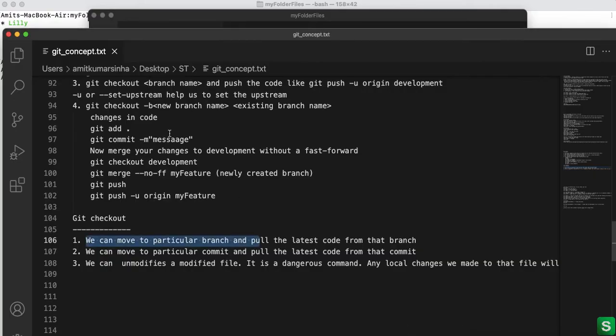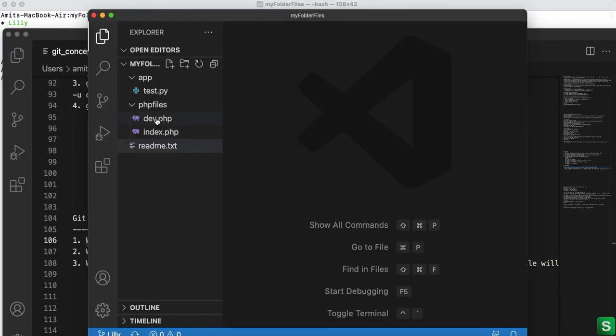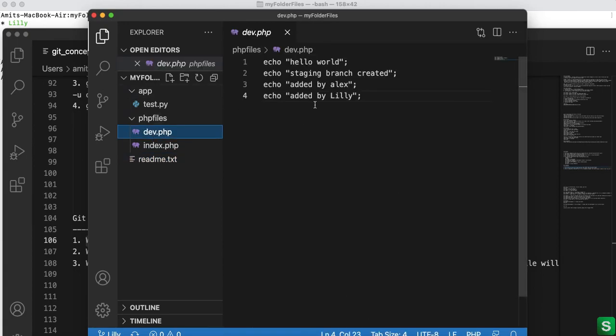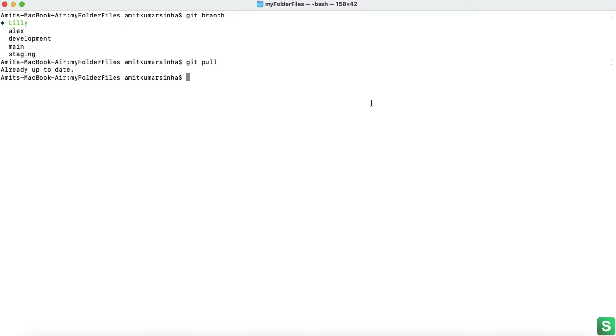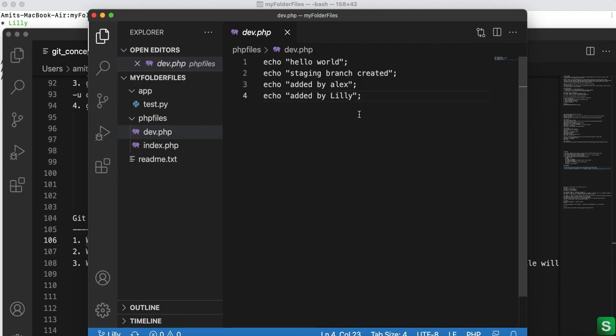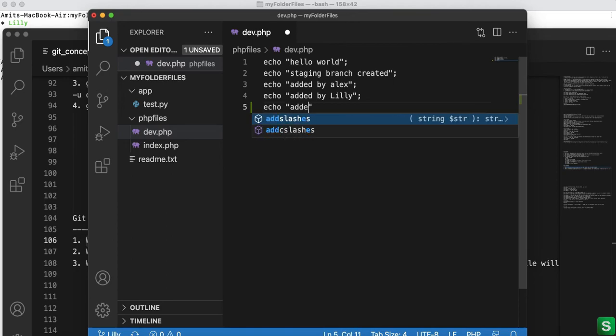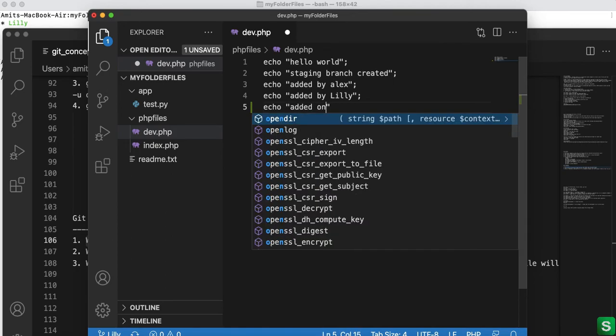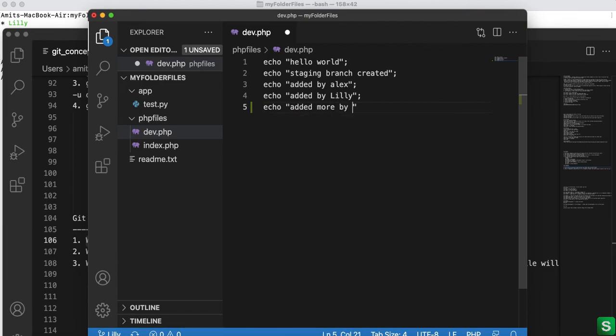Check once in here. Okay, now we have a dev file and already added by Lily, right? So now what I have to do, I add one more line here, echo added one more line, added more by Lily, and save it.